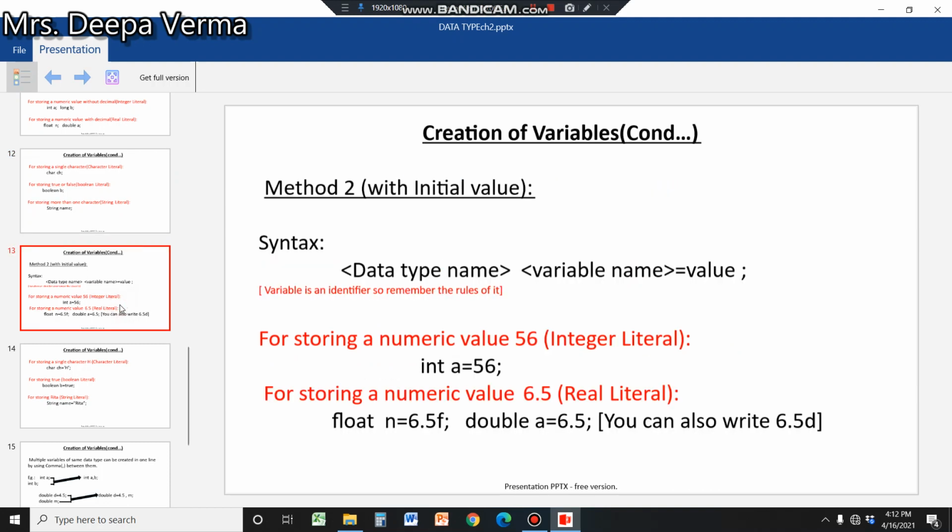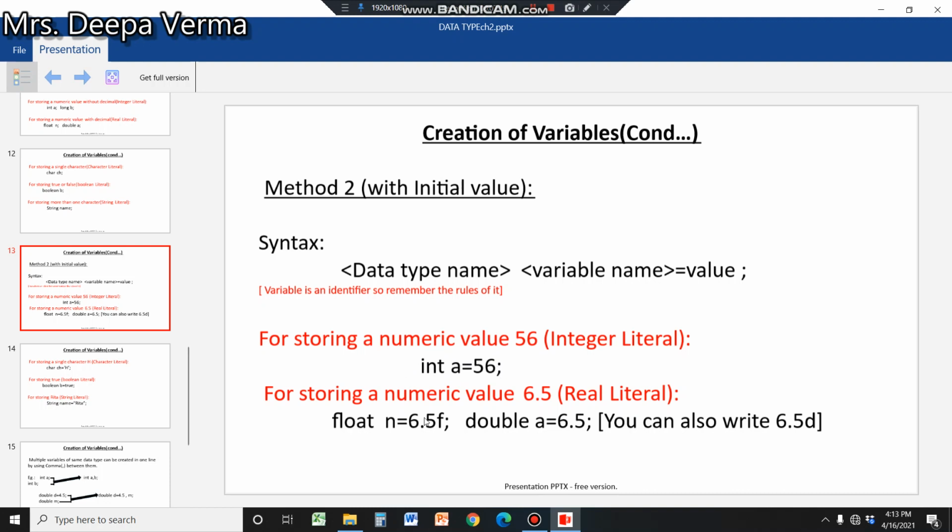Now, creation of variable. Variable we have already declared. Declaration of a variable means we are declaring that this much space is required for a particular variable. But here we are creating and storing also. See, int a is equal to 56. It means 4 byte has been created whose name is a and it is ready to store 56.